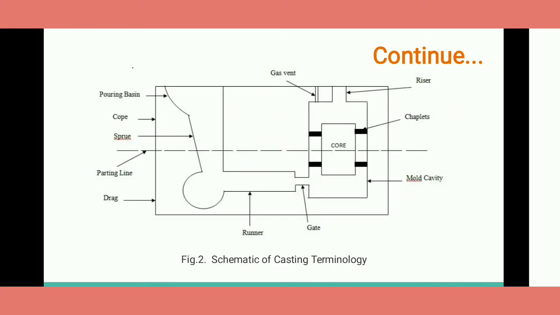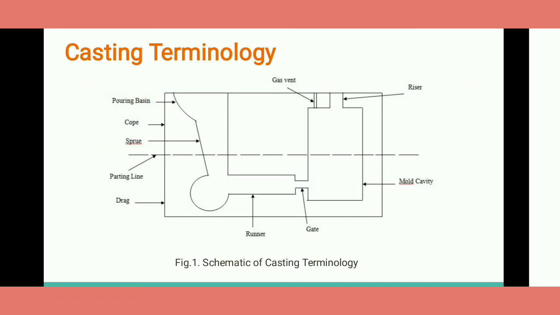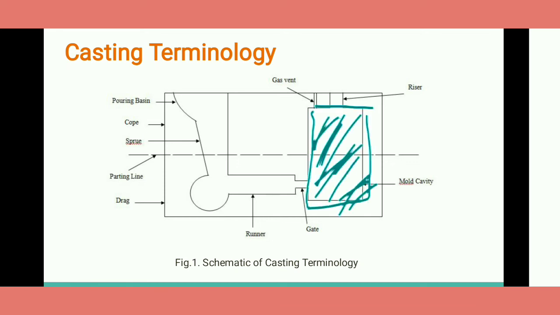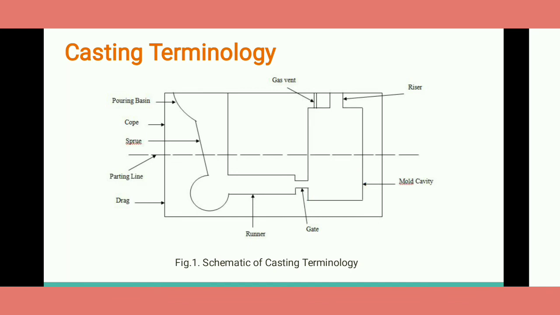Next is, whatever we have discussed in the previous figure, that we are continuously filling this mold cavity. So just assume that we are making a solid cylinder, okay. If you see the cross section of a cylinder from the front view, it will look like a rectangle, okay. But it's not a rectangular piece, we know that it's a cylinder. From the top view, you will see a circular cross sectional area, okay.